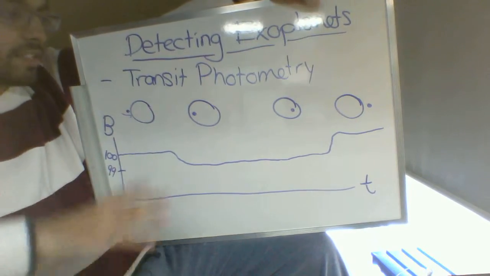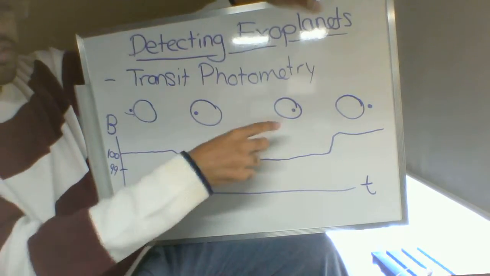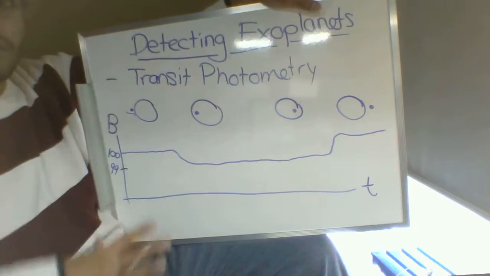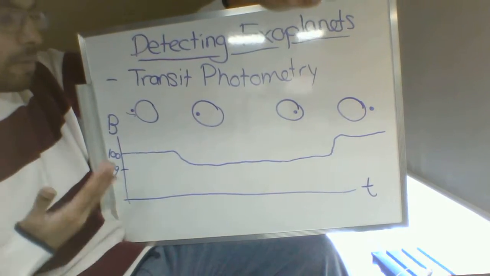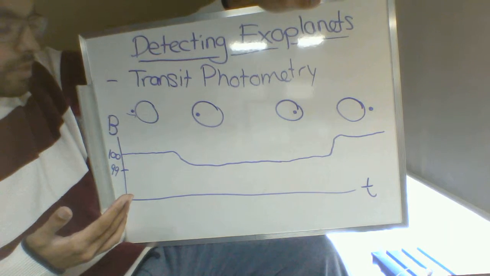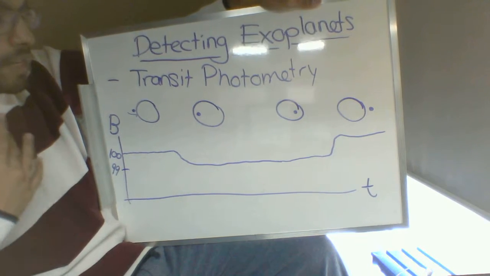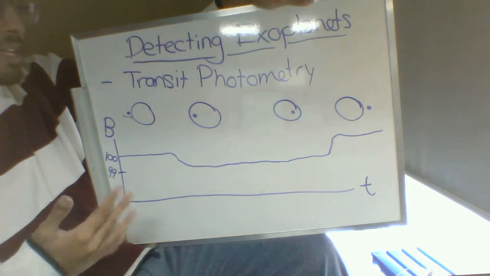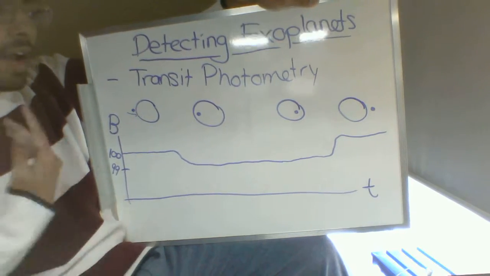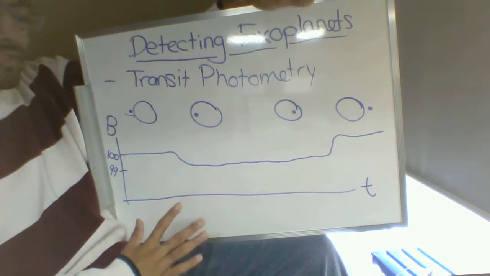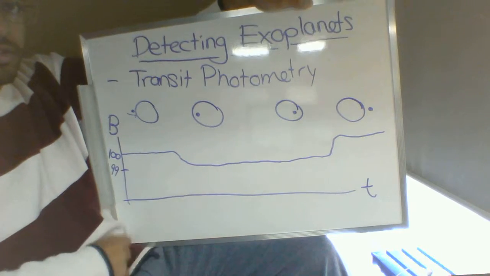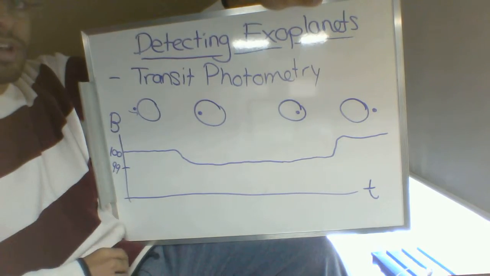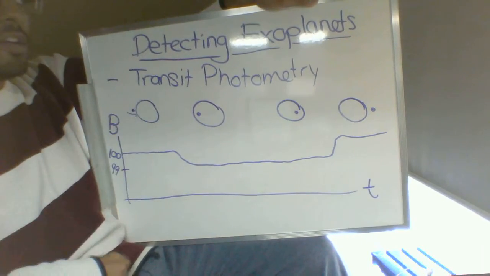Now, if you've got two planets orbiting, you can have this type of graph almost overlapped by a similar graph for the second planet, and it all gets very, very complicated very fast. But basically, the computer programs and the astronomers can figure out if there's a planet transiting, how many there are, how big they are, how far away from the star they are. They can figure out all this different information just from this graph of a planet transiting its parent star. So in neither the Doppler Wobble nor transit photometry do you actually see the planet, but you can detect